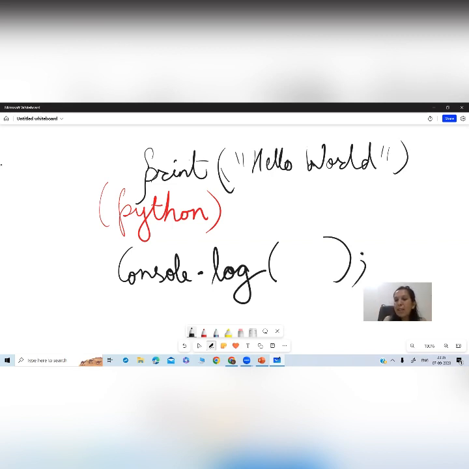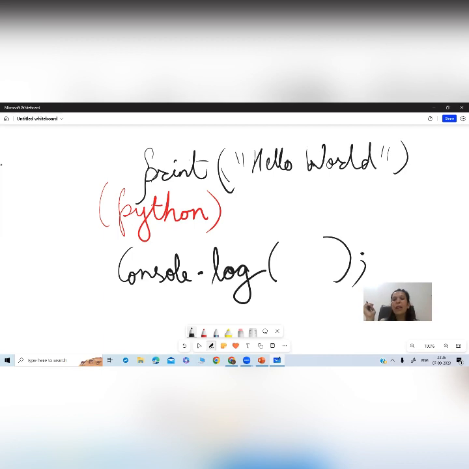Plus a semicolon. Now, what is a semicolon? JavaScript is a language of semicolons. A semicolon is basically a sentence terminator, right? That means in English, you write a sentence and put a full stop, which means the sentence is finished.